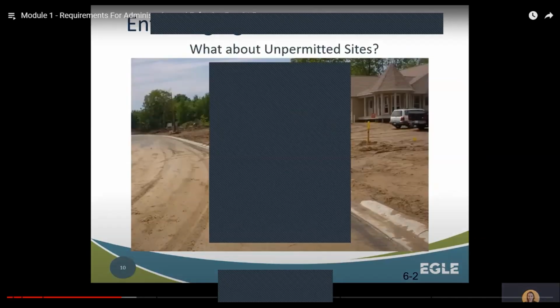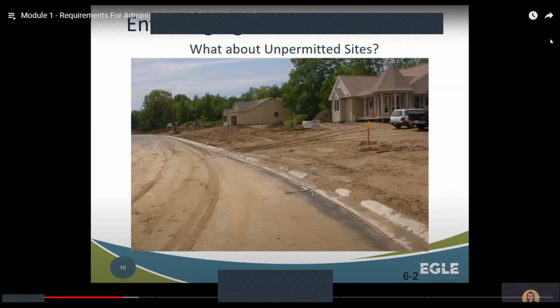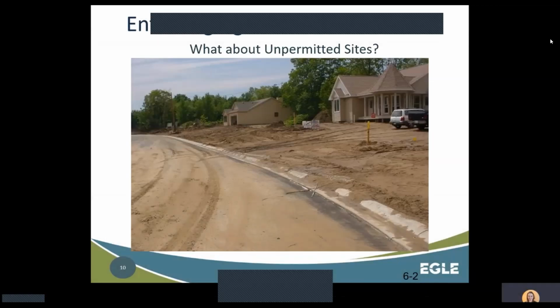What about unpermitted sites? Enforcing agencies are responsible for regulating earth changes at sites regardless of whether or not there is a permit. So even though a site may not require a permit, you still need to follow the Part 91 rules and take measures to control erosion issues and keep sediment on site. Here's an example of an unpermitted site. The site is a ½ acre in size, but it has heavy track out on the roadway. The enforcing agency may issue a violation of Part 91 standard and will make the owner keep the roadway clean during construction.